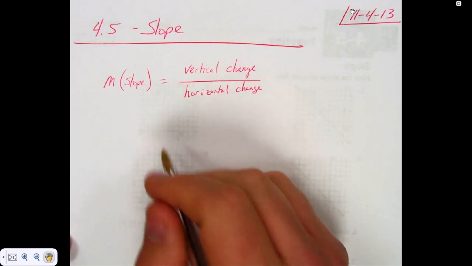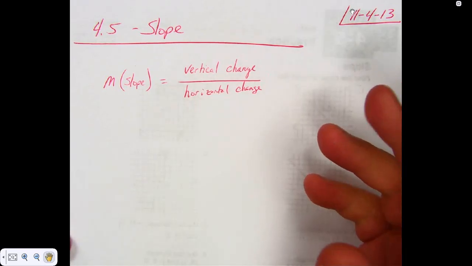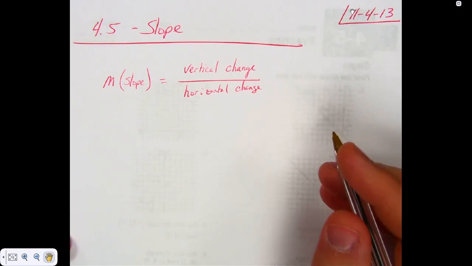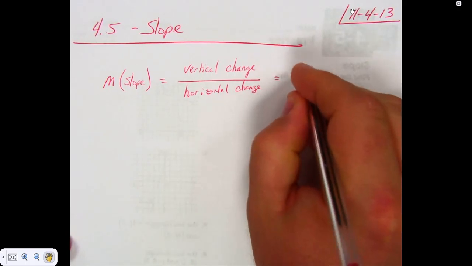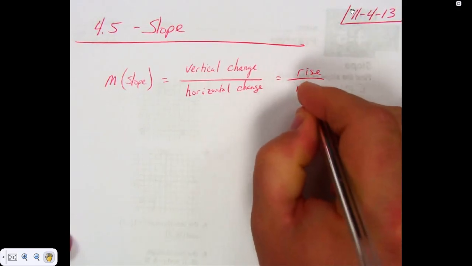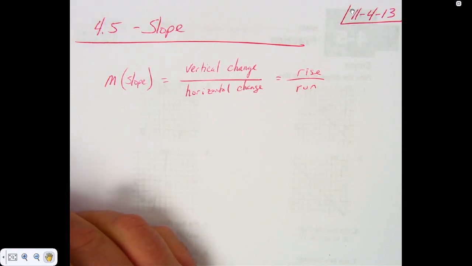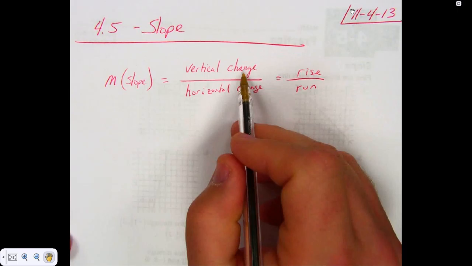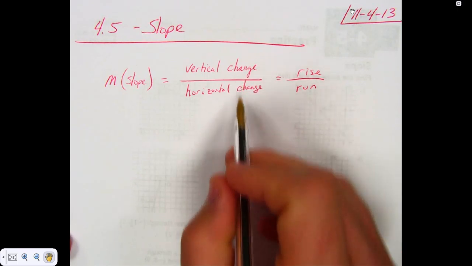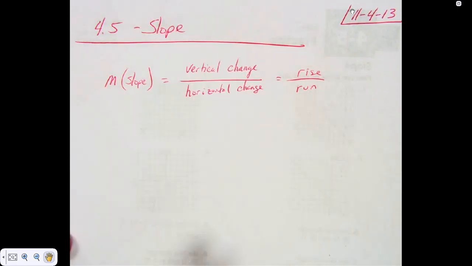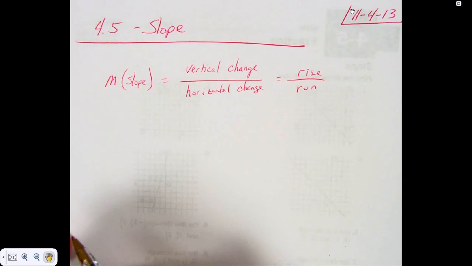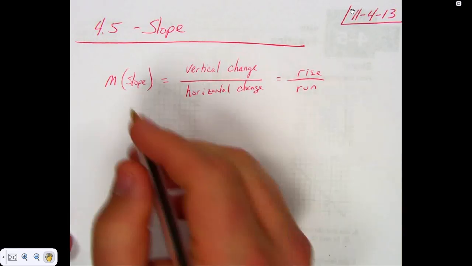If you remember it's vertical over horizontal, the most common thing you're probably used to hearing is rise over what? Run, which is not a bad way to learn it. However, you have to realize that there's a negative on top. You're not going to rise, are you? You're going to drop. But rise, you're basically thinking up and down, over left and right. Okay? Now,